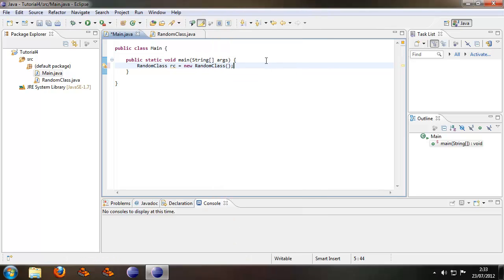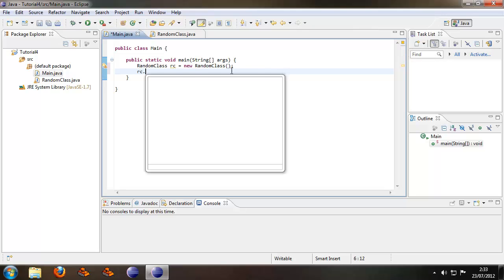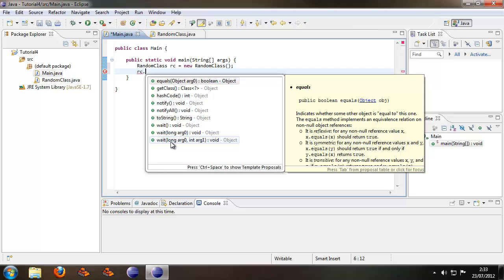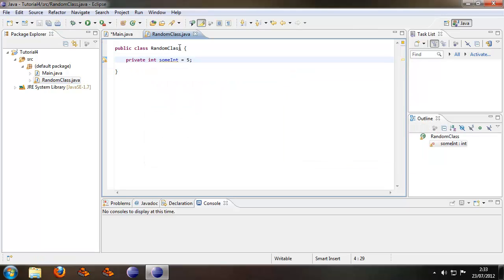So random class, you can see in the code completion list here that our SumInt field does not show up. This is obviously because the field is defined as a private field, which means it cannot be accessed outside of this class. Now if, for example, I were to make this a public field,